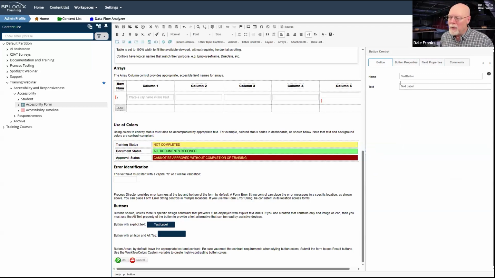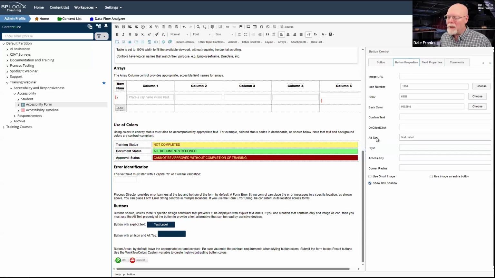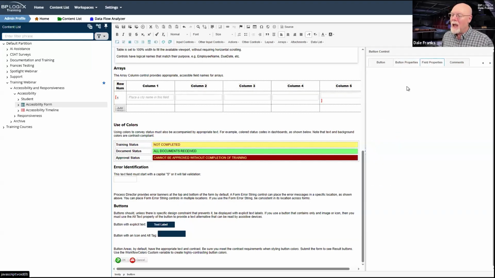You have on button properties the alt tag to put in your text representation, and on field properties you have the tooltip. That gets generated as part of the HTML, and assistive devices use that for additional context for what that button control is.